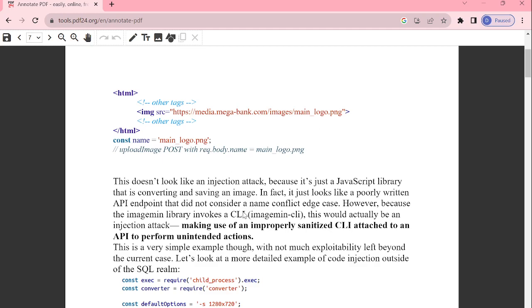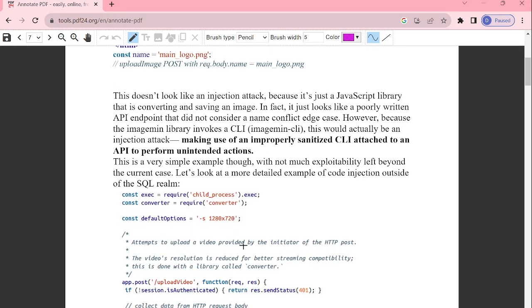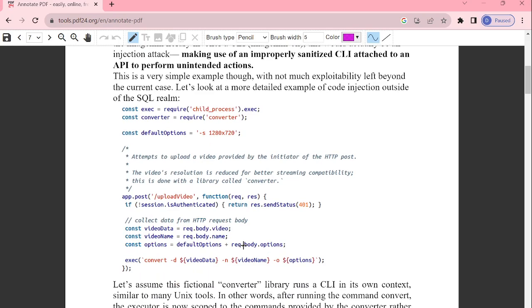And this type of code attack makes use of improper sanitization of the CLI attached to an API, right? So that is what is highlighted here. If you see here, these default options are also sent along with the query, along with the content that we are representing in the